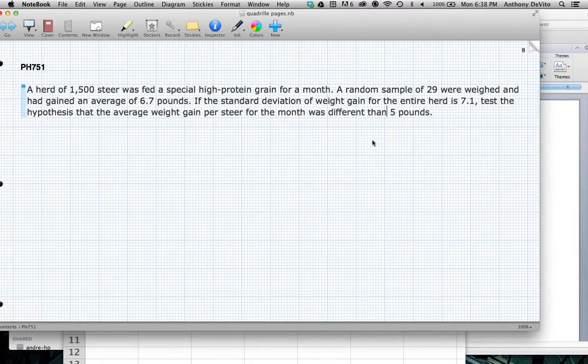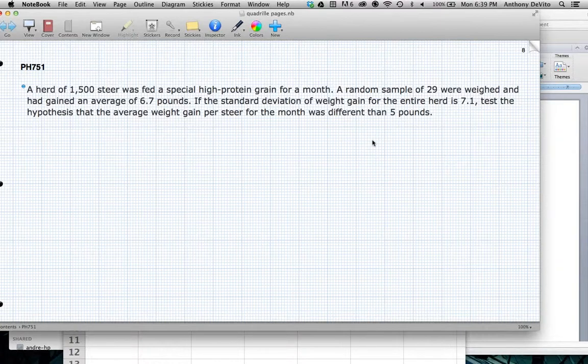Okay, so what we're saying here basically is we want to know whether or not we would have expected the herd, over that period of time, to have gained 5 pounds, right? That's basically what we're testing. Normally that herd in that number of days would have gained 5 pounds. Now with this new feed that these 29 steer were fed, they gained 7.1 pounds. Now the only problem is